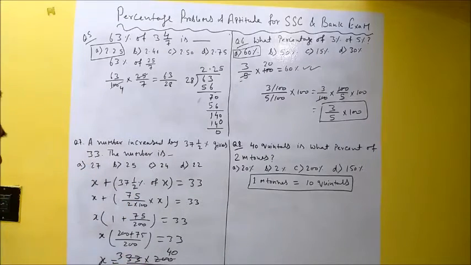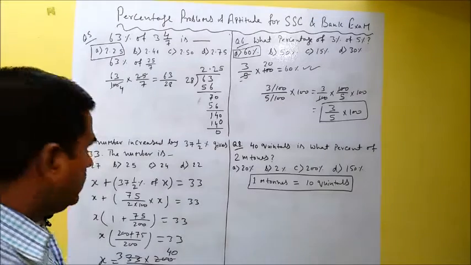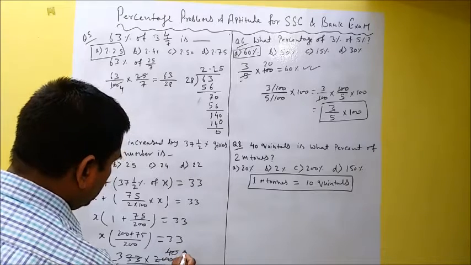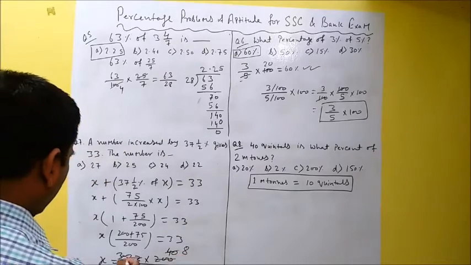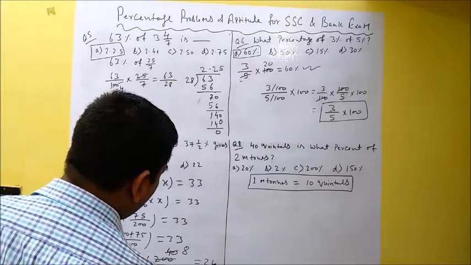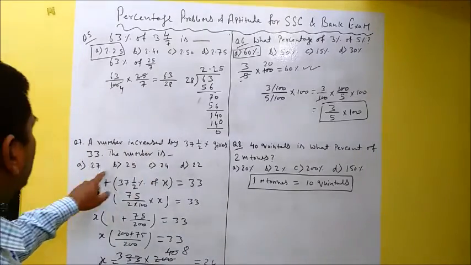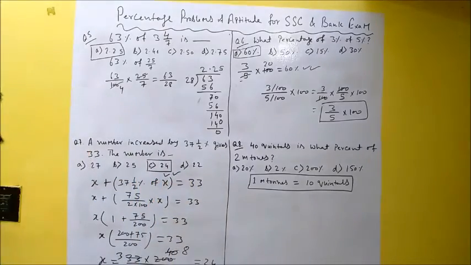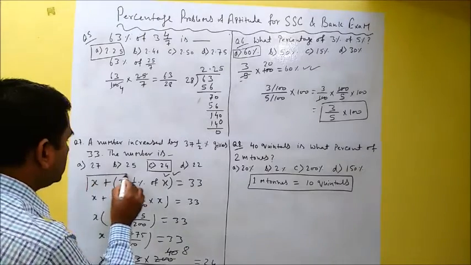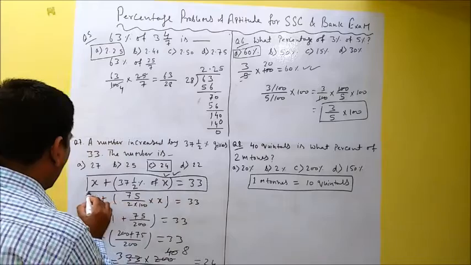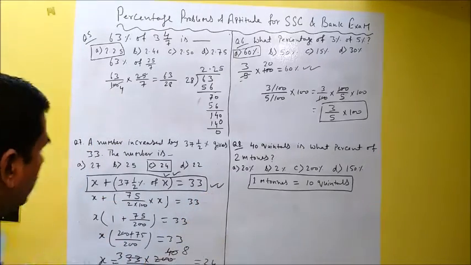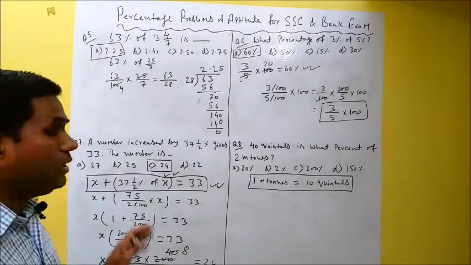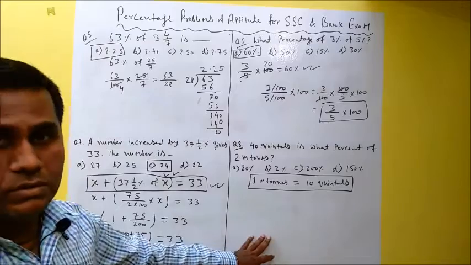So this looks a little complicated, but the numbers are given in such a way that we can easily calculate. Now you can see 5 into 8 is 40, 8 5s are 40. Now 8 into 3 is 24. So let us see whether 24 is there in the options. Yes, it is there. So this is the answer. So just carefully we have to frame this equation, and once you are able to frame this equation, you can quickly solve it within a minute and you get the answer. Okay, now let us move on to the next question.